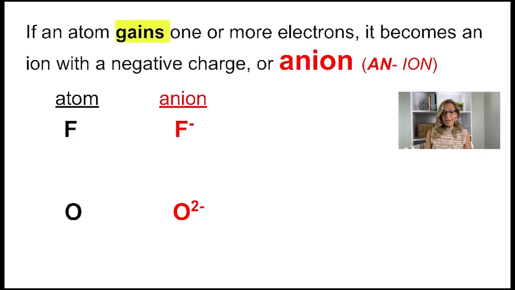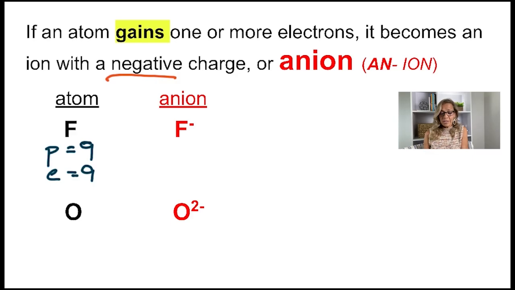Now, what do we call a negatively charged particle? That is an anion. And one of my students, a different one, said that anion looks like the word onion, and onions make you cry, and that's really negative. Okay, I think that one's pretty good. So a negatively charged particle is an anion. All right, so fluorine. A fluorine atom has how many protons? Well, it's number 9, so it's got 9 protons,